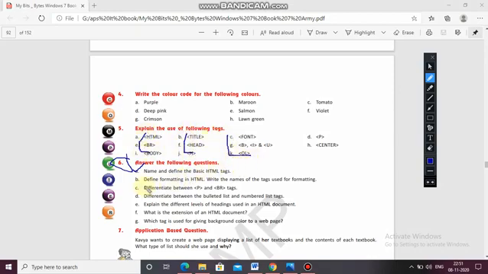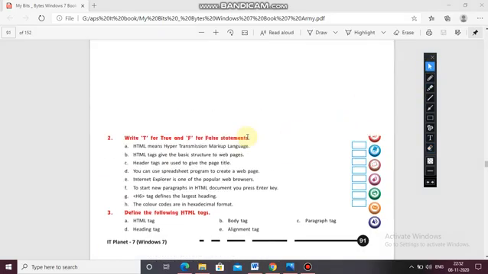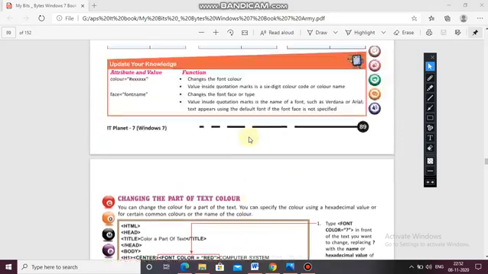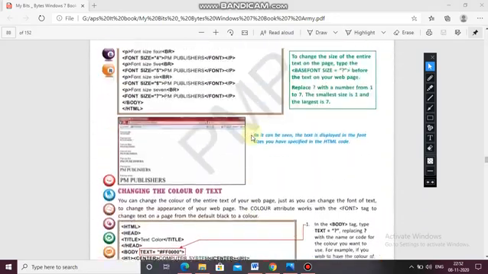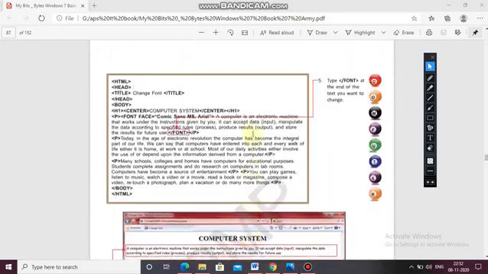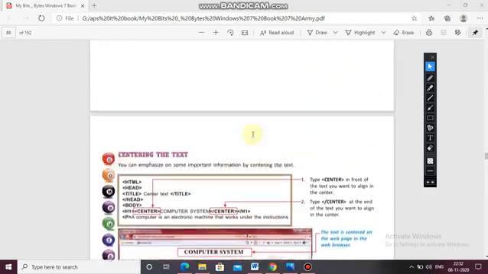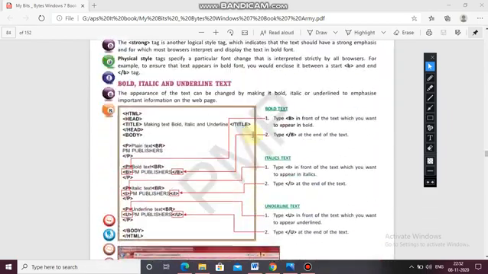Okay, next question is define formatting in HTML and write the names of the tags used for formatting. So if you can see formatting in HTML, so here you can see on the page number, let me go to the page number in your book, formatting.